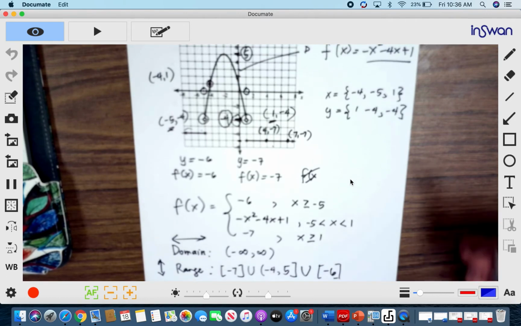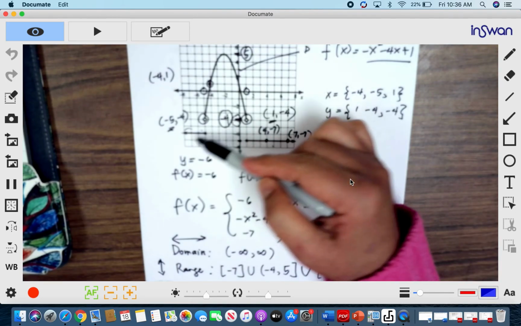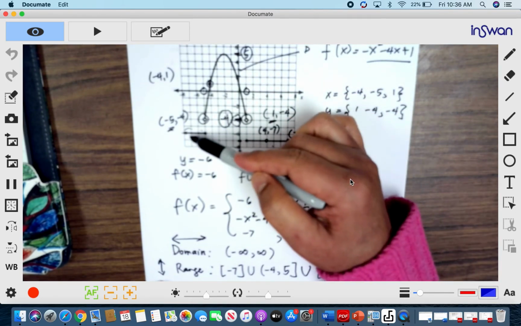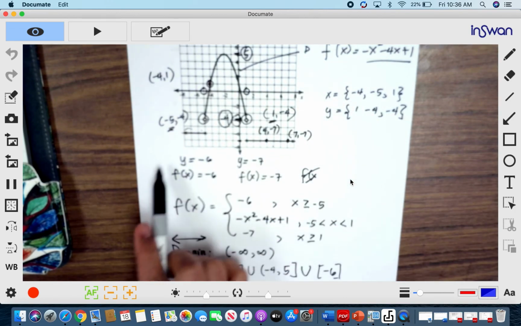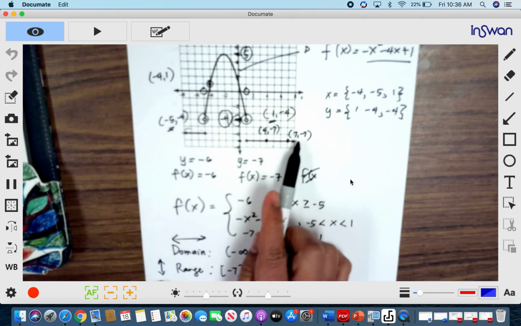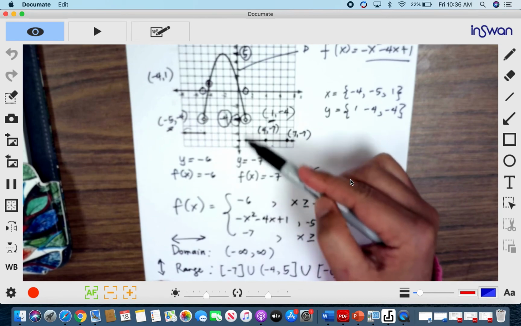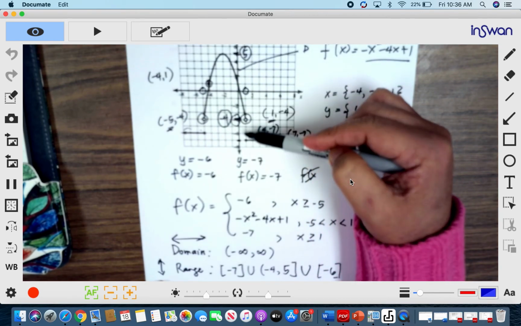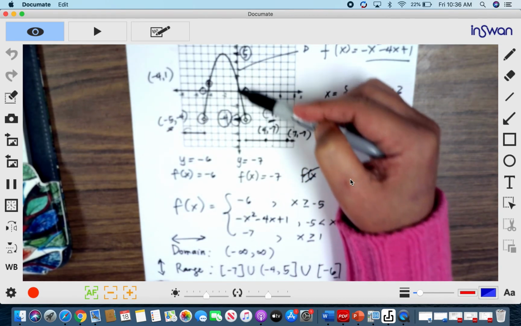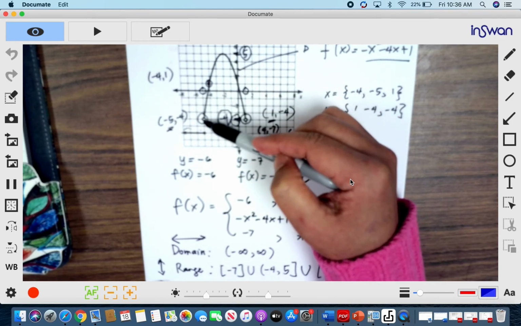So it's a little tough to read the graph, but remember, when you're looking for the domain, you will have to find all the values of x that will hit your graph. So you have to read your graph horizontally. In this situation, from left to right, it goes to infinity here, it goes to infinity here. You might be wondering, there might be a gap in between this, but there's none because it will continue in the graph here. Even if I have a hole here, which stands for negative 5 for x, it's not included here, but it is